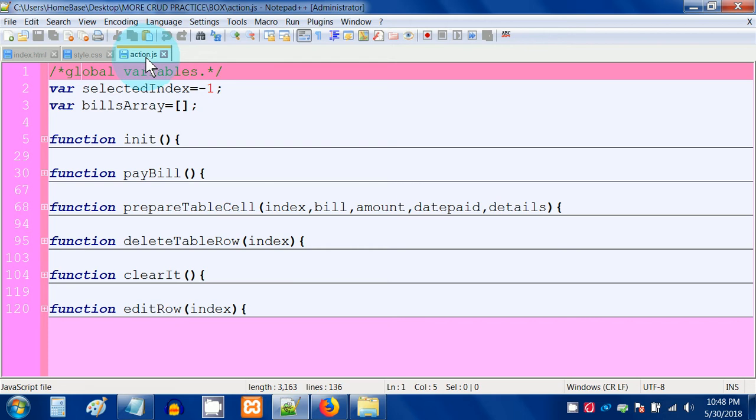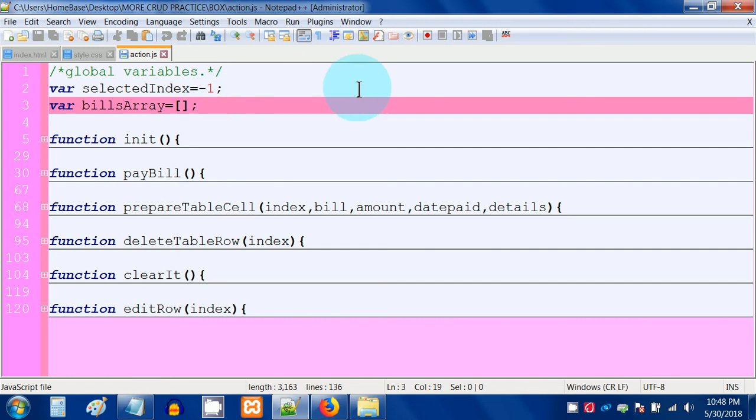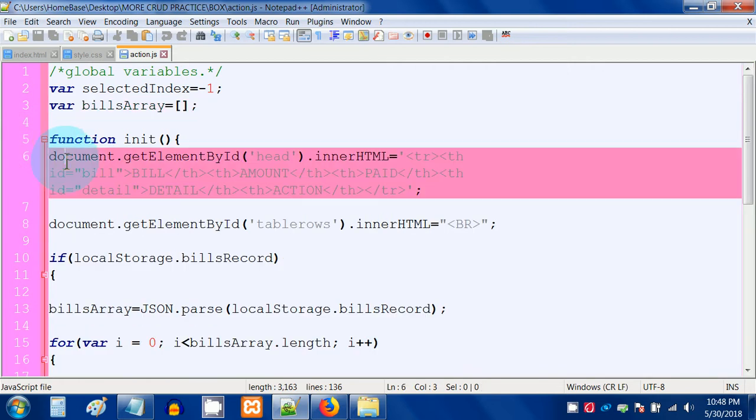Global variables in the action.js JavaScript file. First we have selected index set to -1, and then we create an array called bills array. Let's look at the function init. The first statement,